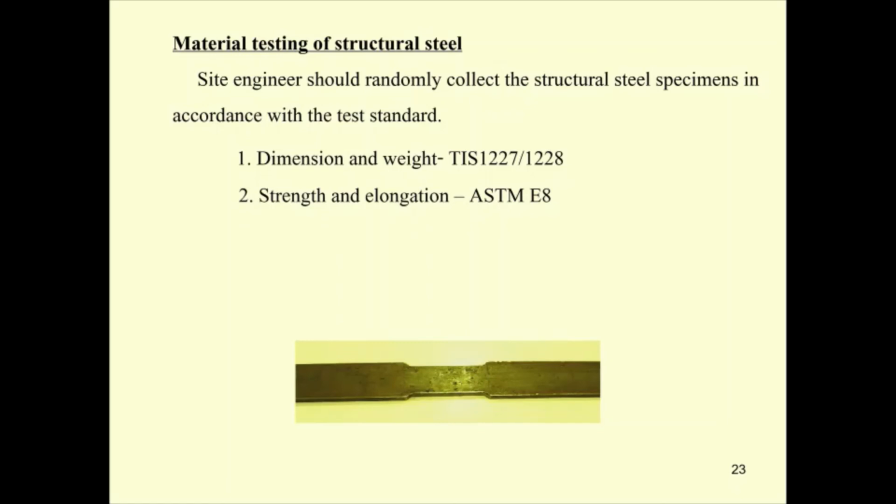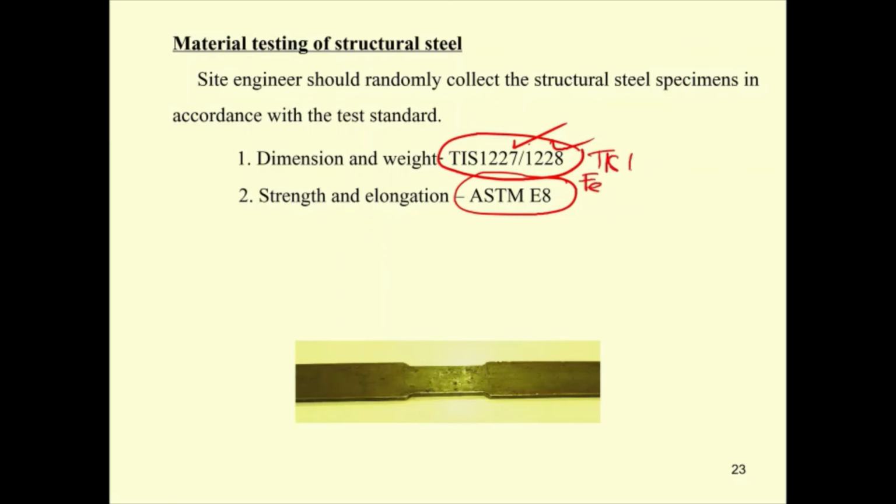For the method of testing structural steel, you have to follow what we have for the dimension and weight. You have to follow this depending on the steel that you are using, for the hot rolling, for the cold rolling, and for the strength and the elongation. Actually, you also can follow the